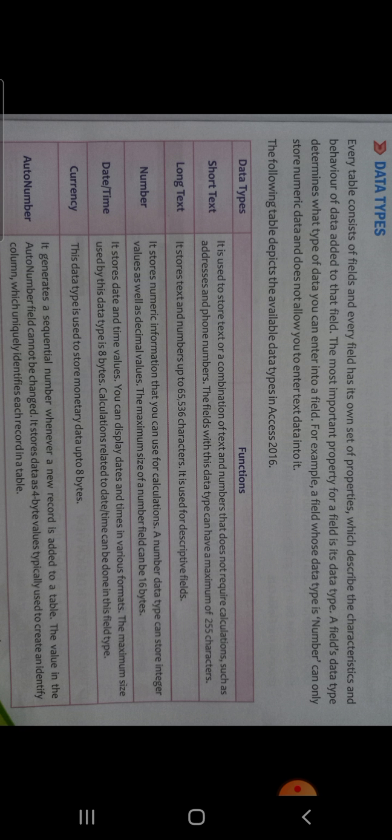It stores data as 4-byte values, typically used to create an identity column which uniquely identifies each record in a table. Generally, the first field in a database table is of this data type, that is auto number, and we can't change it.